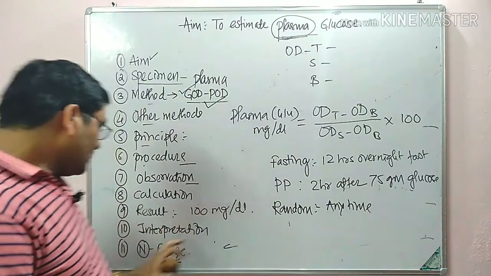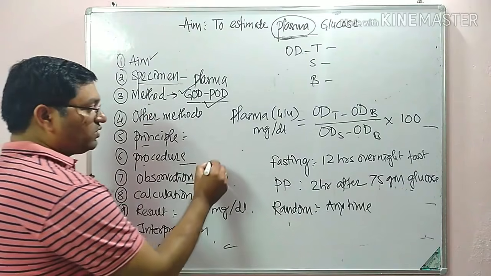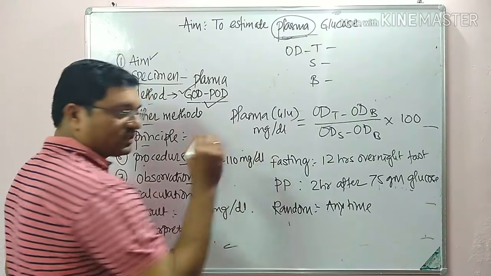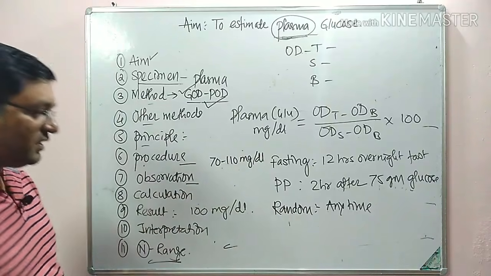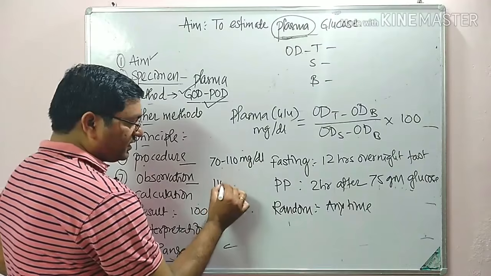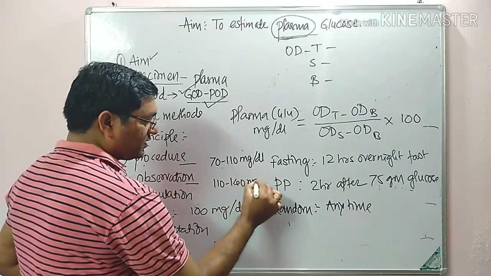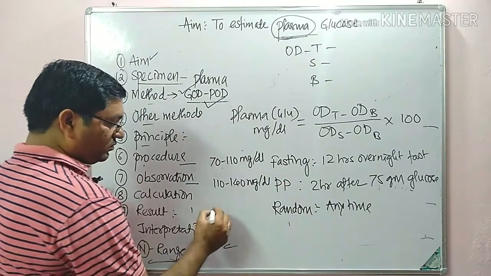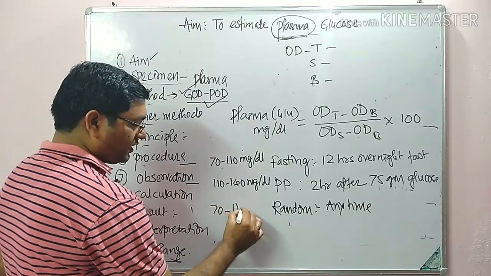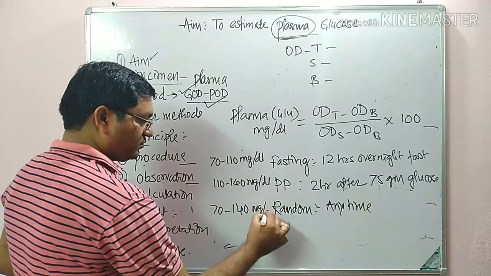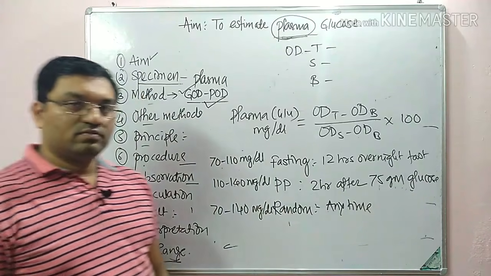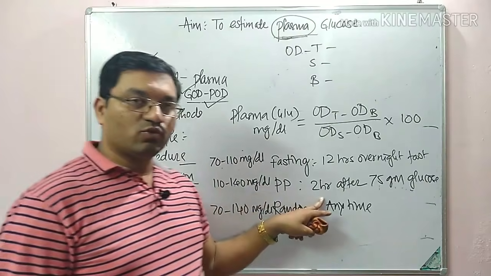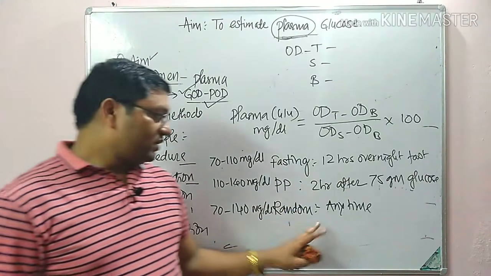Now normal values according to these samples. Fasting value is 70 to 110 milligram per deciliter. Deciliter means 100 ml, or milligram per cent. Postprandial value is 110 to 140 milligram per deciliter. And random is 70 to 140 milligram per dl. These are the normal values: 70 to 110 fasting, 110 to 140 post meal, 70 to 140 random blood glucose